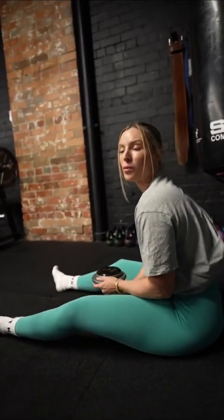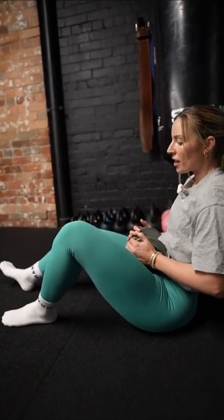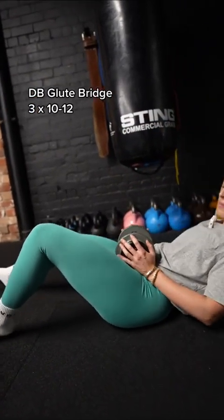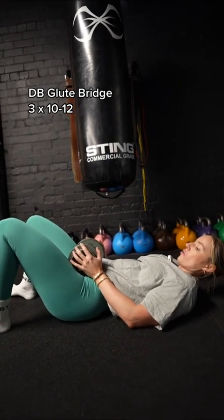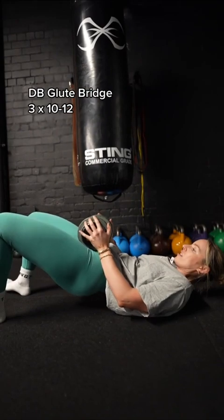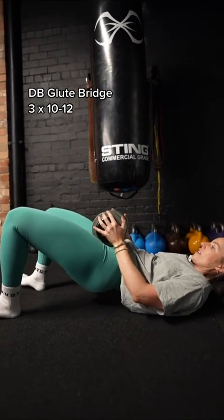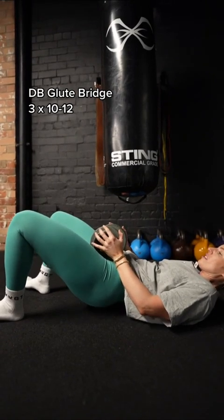Next we have our dumbbell glute bridge. So you're probably going to be able to lift a bit heavier in this one. Again, you can either go body weight. I've got 7.5 kilos here, but you can go heavier. I'm going to lie back, and we're going to push through our heels and push our bum up to the sky, nice and controlled. We're going to do about 10 to 12 reps here for 3 sets. Make sure you're squeezing your glutes at the top,